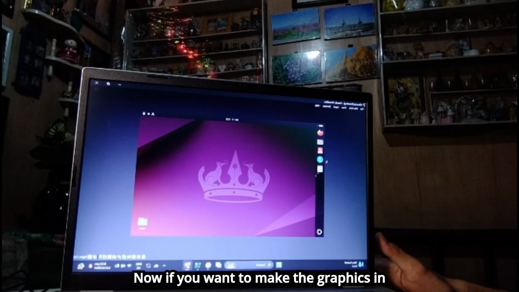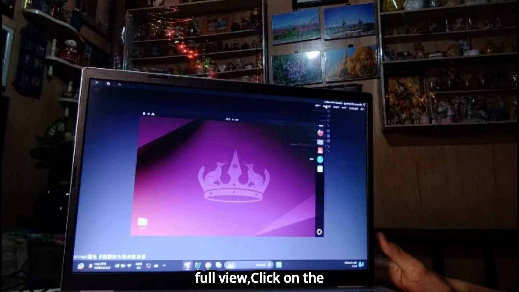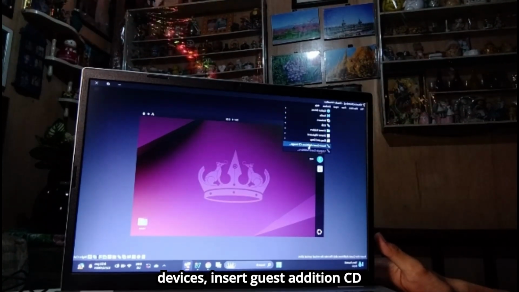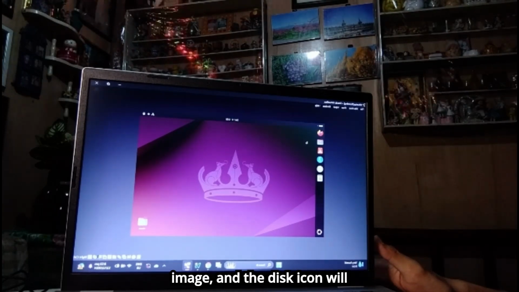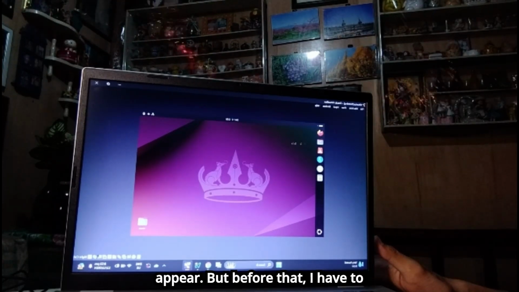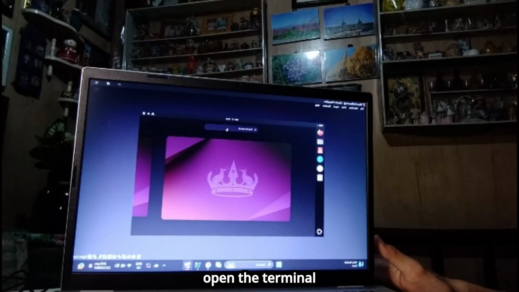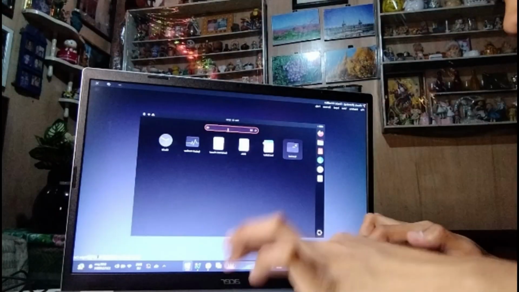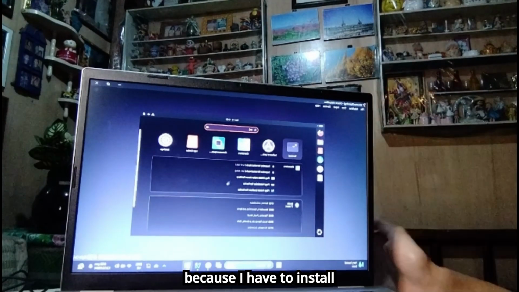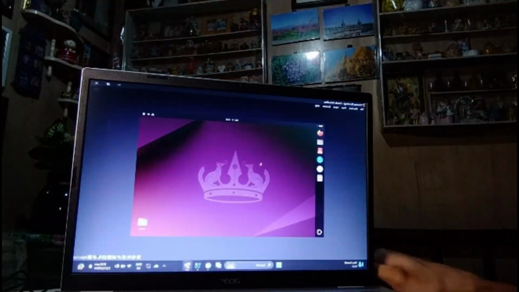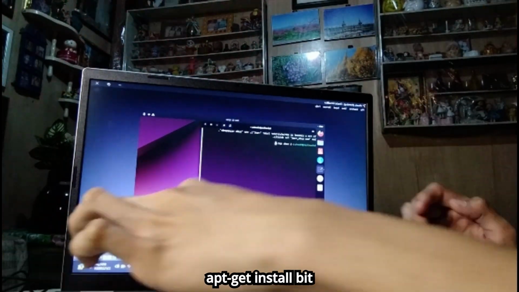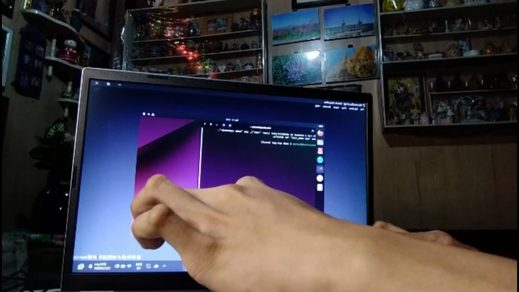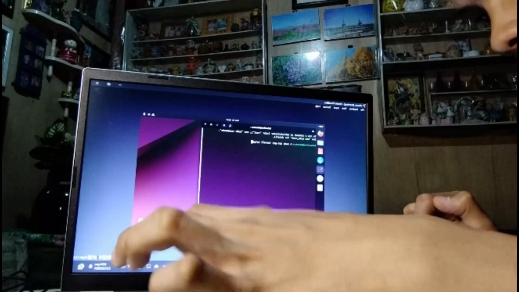Now, if you want to make the graphics full view, click on Devices, insert Guest Additions CD image, and the disk icon will appear. But before that, I have to open the terminal because I have to install some packages. Type sudo apt-get install bzip2 tar.